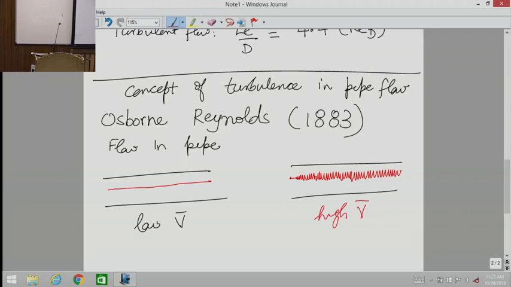Whereas for high speeds, he realized that you could not place this pattern. The marker was just moving around in some random way. But the randomness was there, but at the same time, it moved and the movement was in some range. It was not that it was hitting the wall all the time and going away. So there is some randomness, yet it is within some confines.